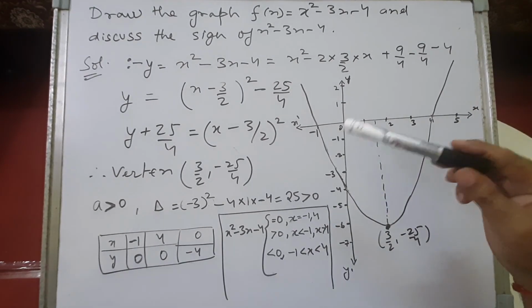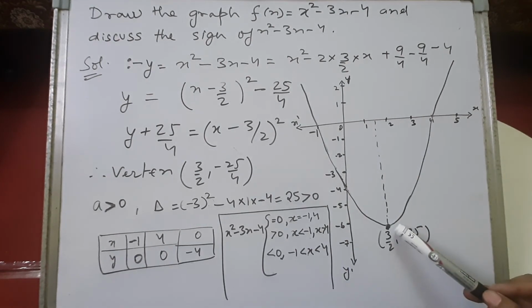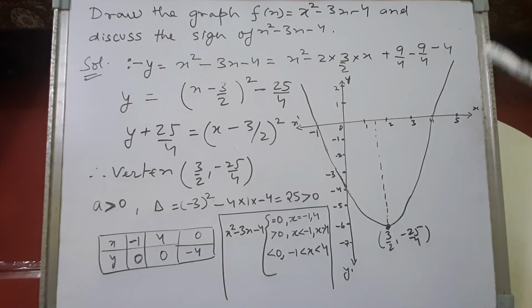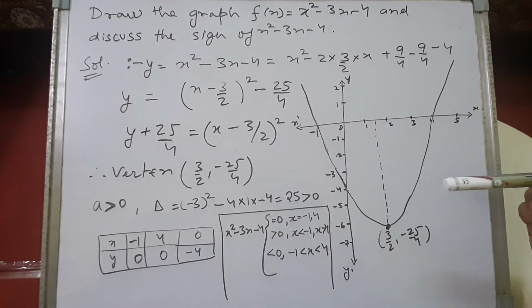Let's see how we draw this parabola, how we make a sketch of it. So the vertex, we know that this point will be the vertex. Let's find out a few more points so that we know that this is an upward parabola. It will be formed in this shape only, right? So let's see where this parabola will pass through the x-axis. If we put y equals 0 in this equation, we get two values of x as -1 and 4.